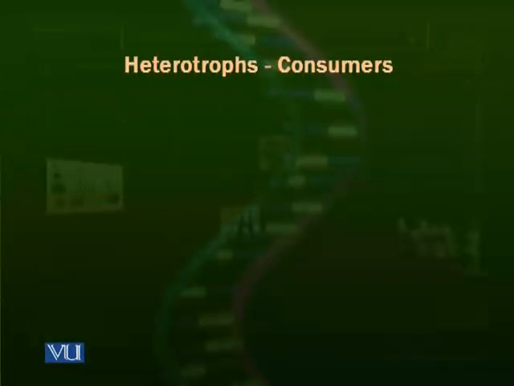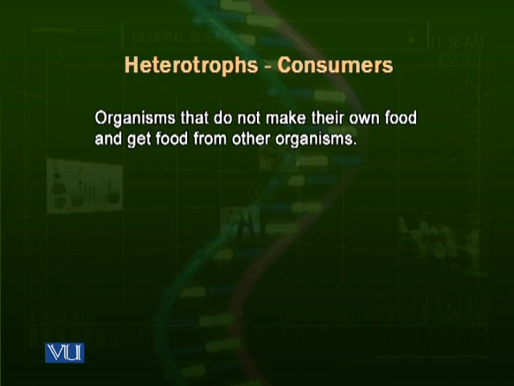Next level is the heterotrophs. Heterotrophs are the organisms which are also called the consumers. Heterotrophs means that they are not able to make their own food and they have to acquire food from the environment, usually through the autotrophs. Heterotrophs, the animals particularly, are the organisms that do not make their food. They get their food from other organisms. They can get their food from other autotrophs, the producers, the herbivores, which